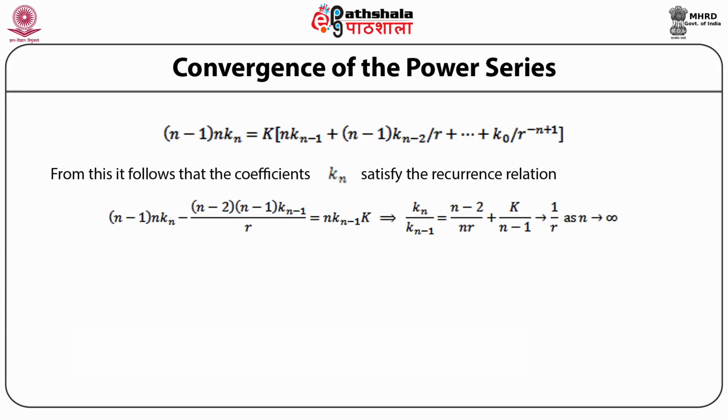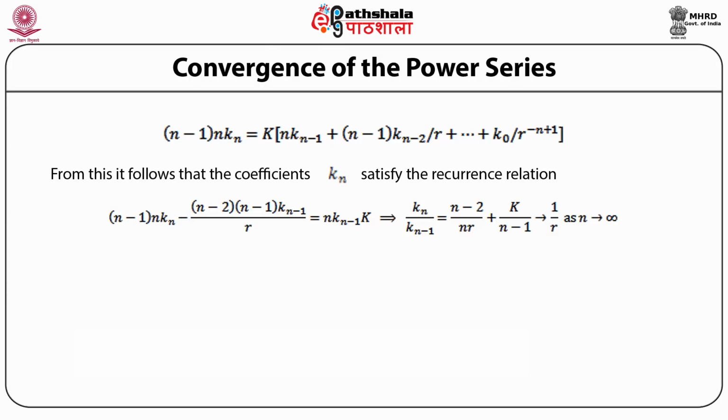From this, it follows that the coefficients k_n satisfy the recurrence relation (n minus 1) n k_n minus (n minus 2)(n minus 1) k_(n-1) divided by r is equal to n k_(n-1) times capital K. This implies k_n divided by k_(n-1) is equal to (n minus 2) divided by n r plus capital K divided by (n minus 1),